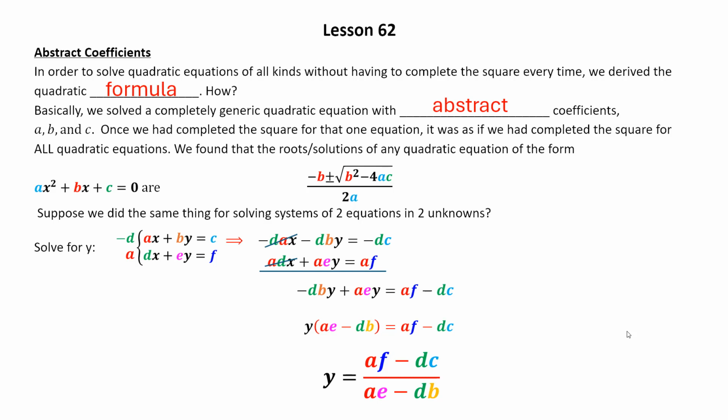Now you may say, why in the world would anybody bother to memorize that? It's ridiculous. But actually, there's a pattern that makes it easy to memorize it. And that is, if you look at the original equations and you look at the numerator of that fraction, you can see that it is the x coefficient in the first equation times the constant in the second equation, and the x coefficient in the second equation times the constant in the first equation. So it's this x pattern, so af minus dc,